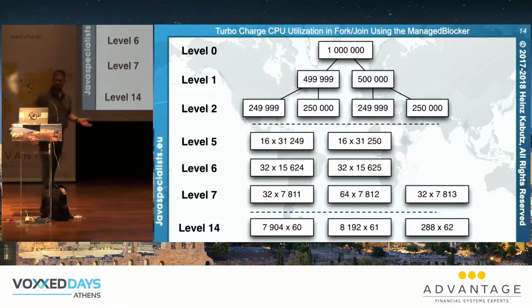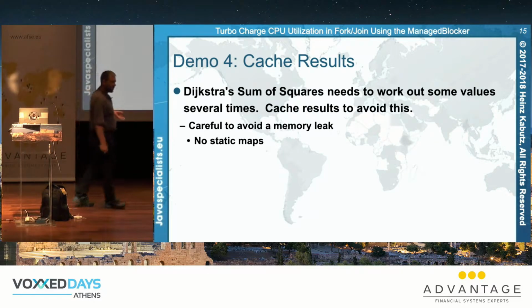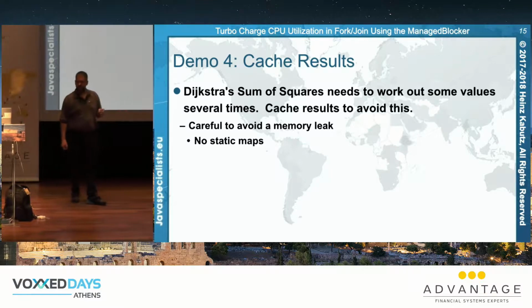I'm going to work out Fibonacci 31,250 16 times, and so on. The further down you go down the tree, the more repetitive work you're going to do. So why don't we cache some of these numbers? This is now the fourth demo, and with the fourth demo, we're going to cache them, but we have to